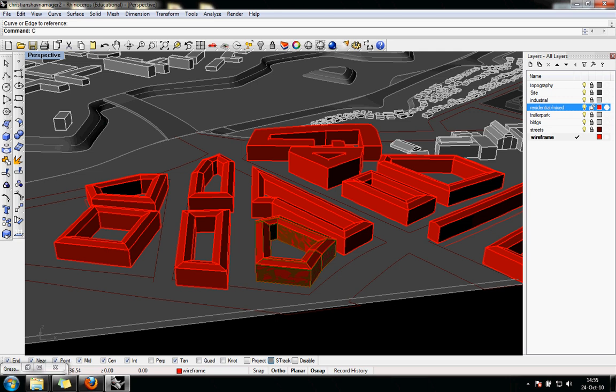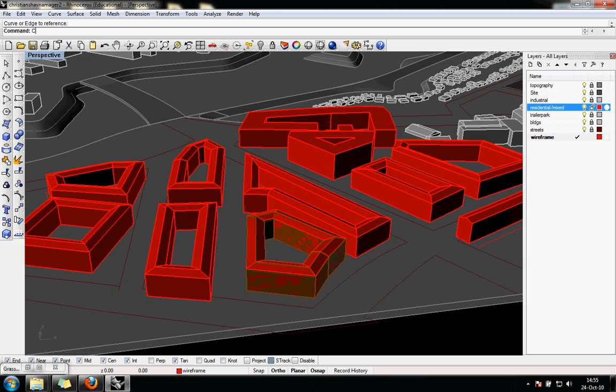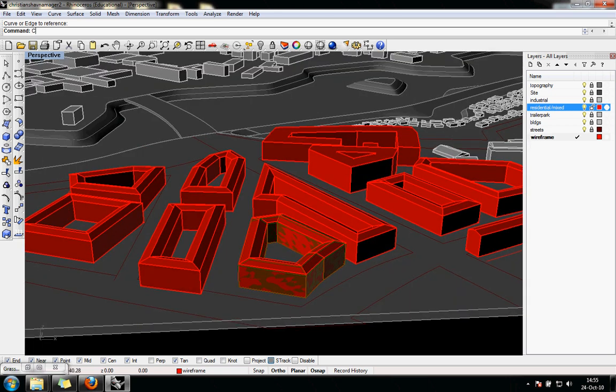So feel free to play around with this one. You can do flat tops, you can do just extrude curves to have brick buildings, which is just blocks, massing blocks, which is really easy and